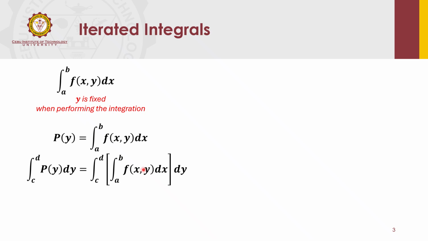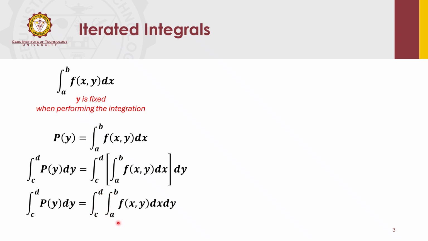So you integrate first and then integrate again if we have a double integral. If there are two variables, we can have a double integral. We can remove the brackets here, leading to these two integral symbols.